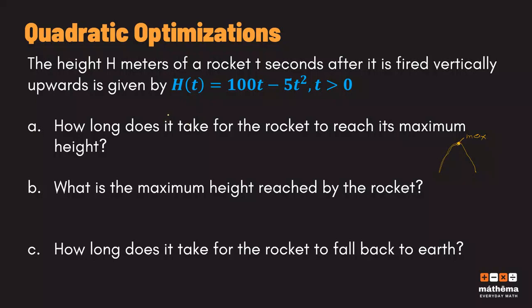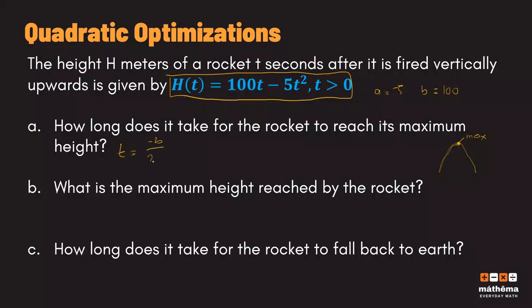So to start, let us try to define first our coefficients. In our quadratic function here, our a is negative 5, our b is 100, and we don't have the value of c. Now, to get the time that the rocket will take to reach its maximum, we're going to make use of the formula t is equal to